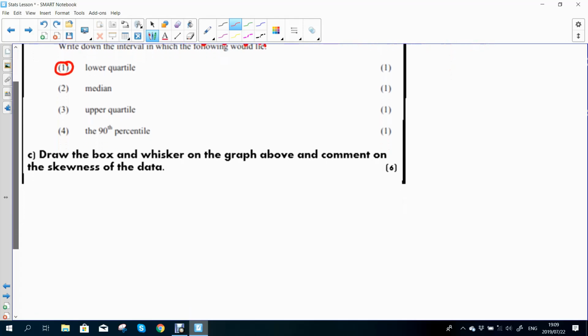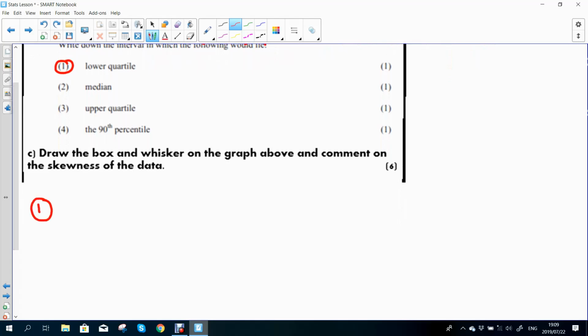Now, what is the lower quartile? The lower quartile is quartile 1. And there's a little formula for quartile 1. It is a quarter times n. We use n if it's grouped data. If it's ungrouped data, you would say n plus 1. But ogives and cumulative frequency curves all use grouped data, so we don't have to worry about adding the 1. So we want to work out a quarter of 100, because that's the frequency total. That tells us it's 25.